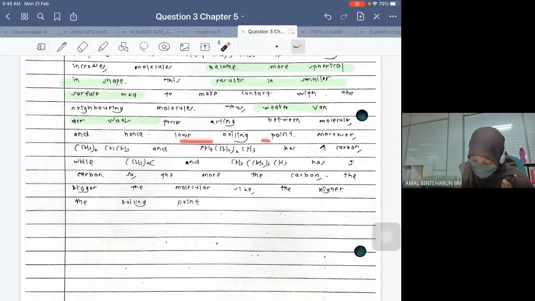Lower boiling point. Sharon! has 4 carbon and has 5 carbon. So the more the carbon,